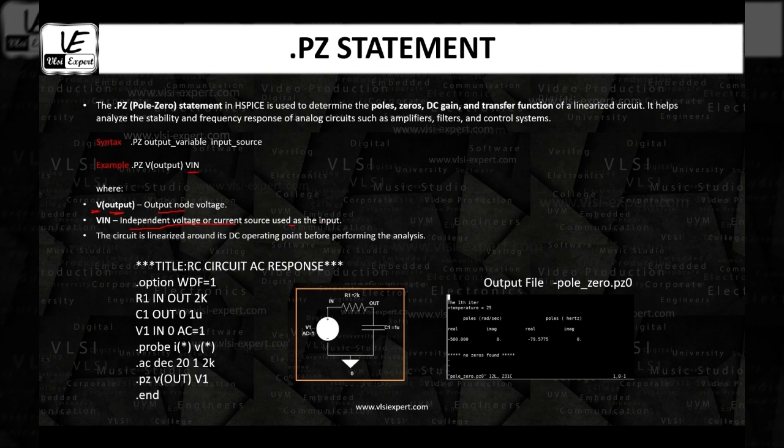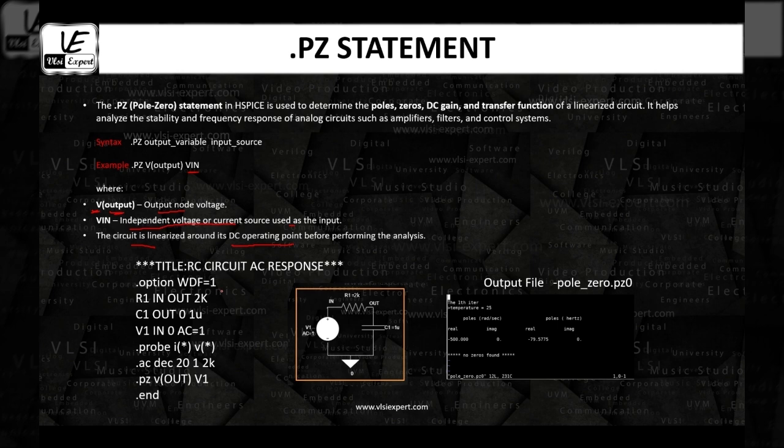Now, guys, always remember, whatever analysis we do, whether it's a transient analysis or an AC analysis, the first thing the simulator does is always find the DC operating point. We find the DC operating point so that the circuit can be linearized, and then we proceed with the analysis. So before AC analysis, the DC operating point analysis is always done by default. Now let's see how we write the netlist for finding the pole and zero in the circuit.